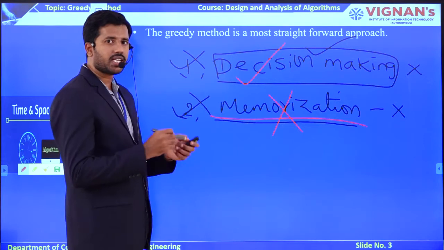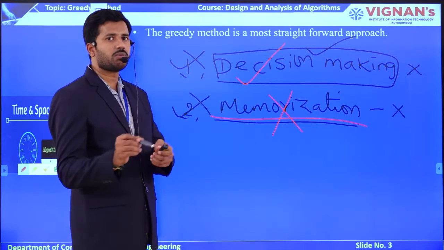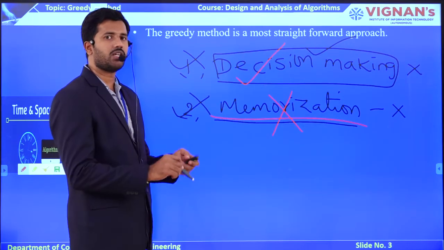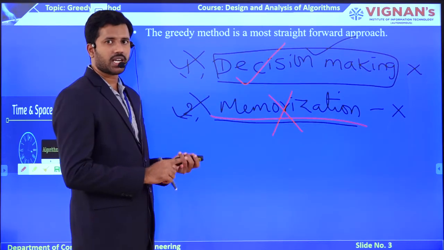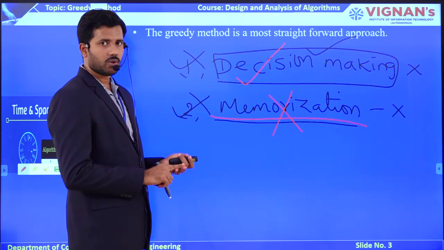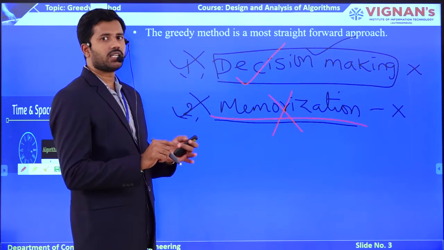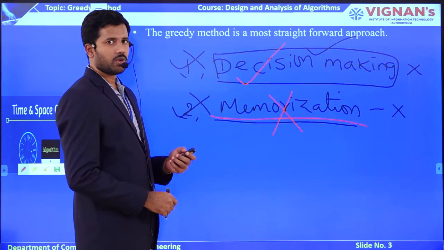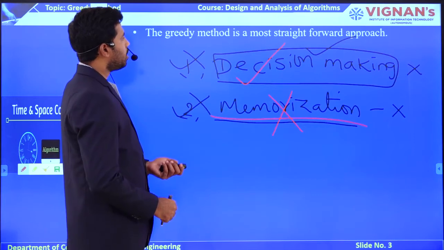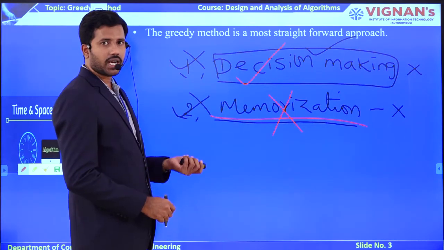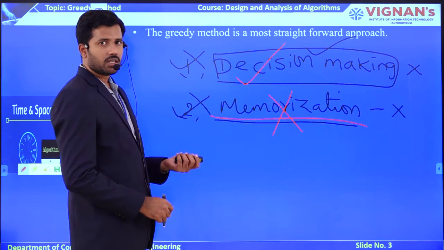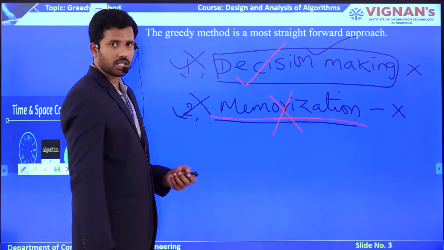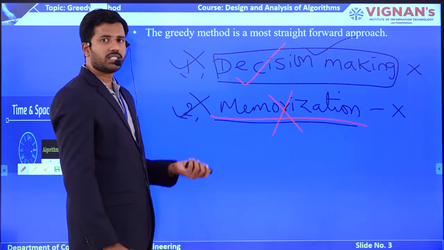Every technique has a dependency, and it is not possible to learn dynamic programming directly. To learn dynamic programming, you definitely need knowledge of divide and conquer technique as well as the greedy approach. So every technique has a dependency, and you need to catch that dependency relation. As per the discussion of the differences between divide and conquer technique and the greedy technique, greedy has decision capability, but it does not have memorization capability. It doesn't have the capability to revise the previous results.